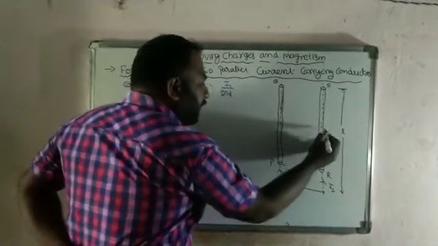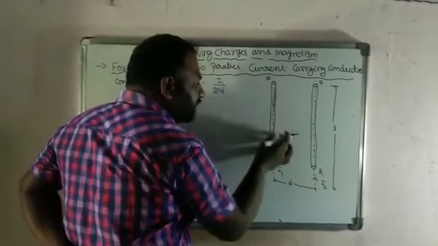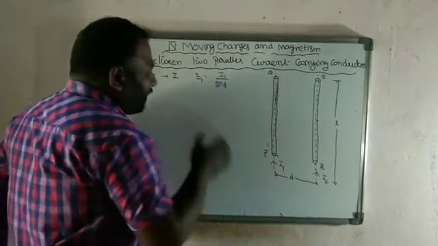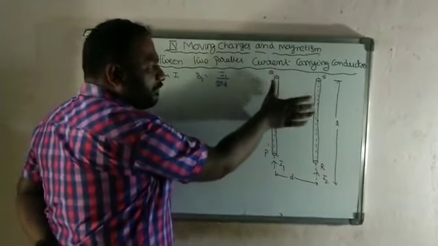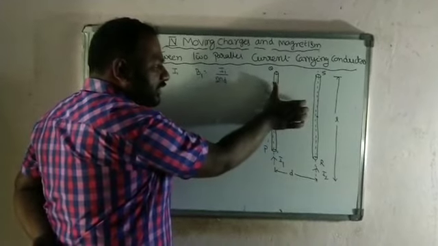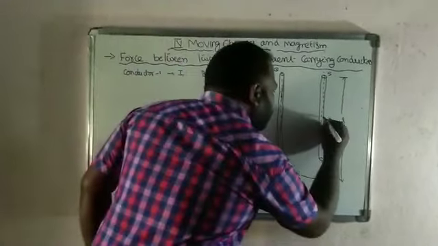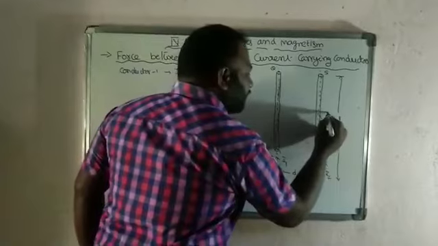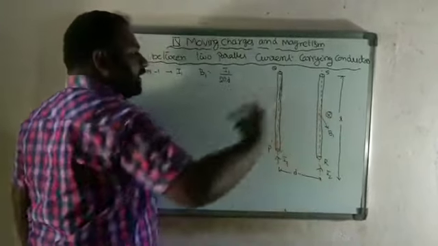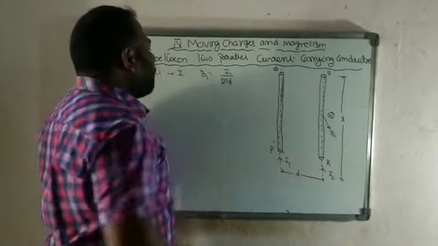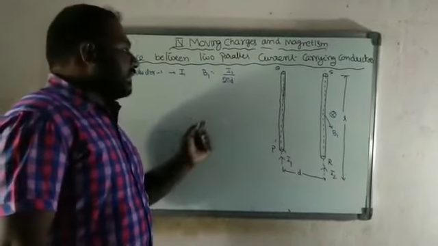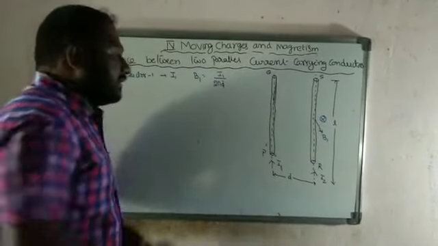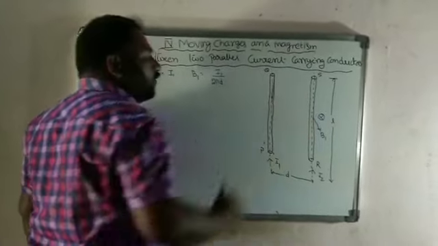We want to calculate the magnetic field due to this conductor acting at the point on the other conductor. The current direction is upward and our fingers curl in this direction, so the field is into the board. So the magnetic field due to conductor 1 is B1, directed into the board, at a distance d from conductor 1.